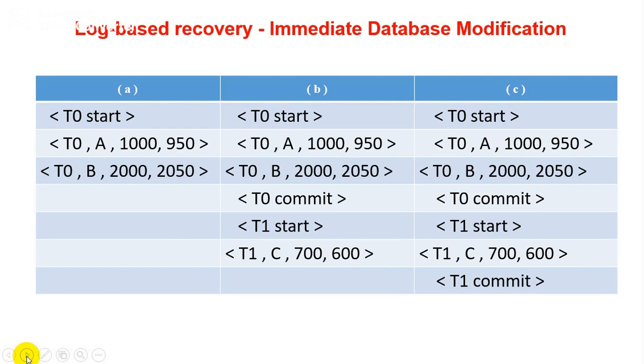So there is no requirement of any committed state. In the same way, as mentioned at C600, after completion of both instructions of T0 and T1 we can perform a committed state. So guys, this is the difference between a deferred database and an immediate database. I hope you are clear about the difference between deferred and immediate database.